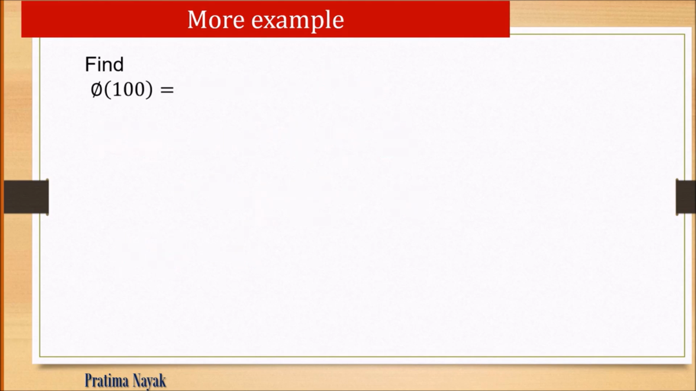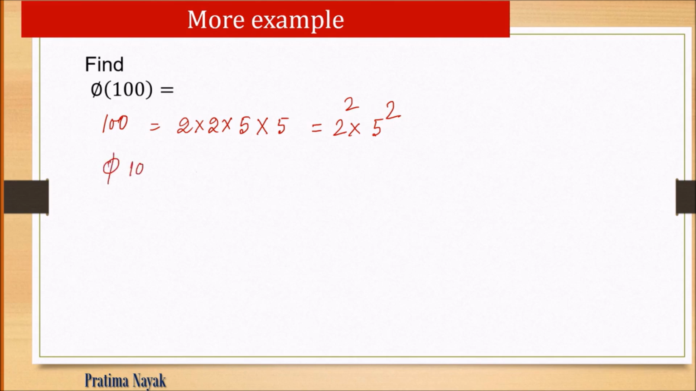So next is to find phi of 100. Let's write the factorization of 100. It is 2 multiplied by 2 multiplied by 5 multiplied by 5, or this is 2 power 2 and 5 power 2. So there are only two prime factors, P1 and P2. So phi of 100 equals